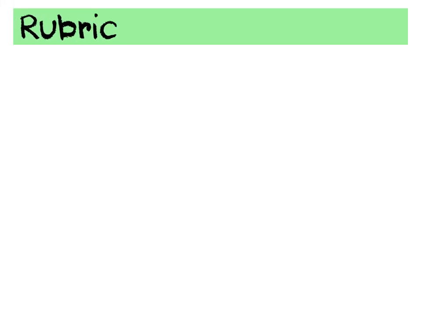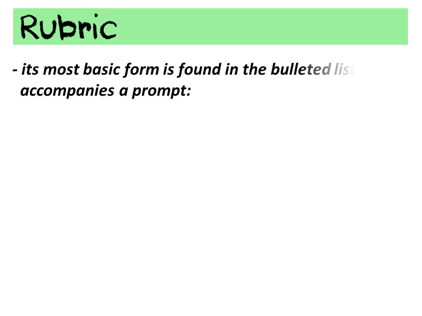Anytime you receive a rubric for a project or a writing assignment or any kind of assignment, the most important thing you can do is pay attention to that rubric. That's the key that's going to tell you how the person is going to grade what you're doing. And by knowing what they expect, you can do exactly what you need to do to get the grade you want. Now on your STAR test, the rubric is found in its most basic form in the bulleted list that